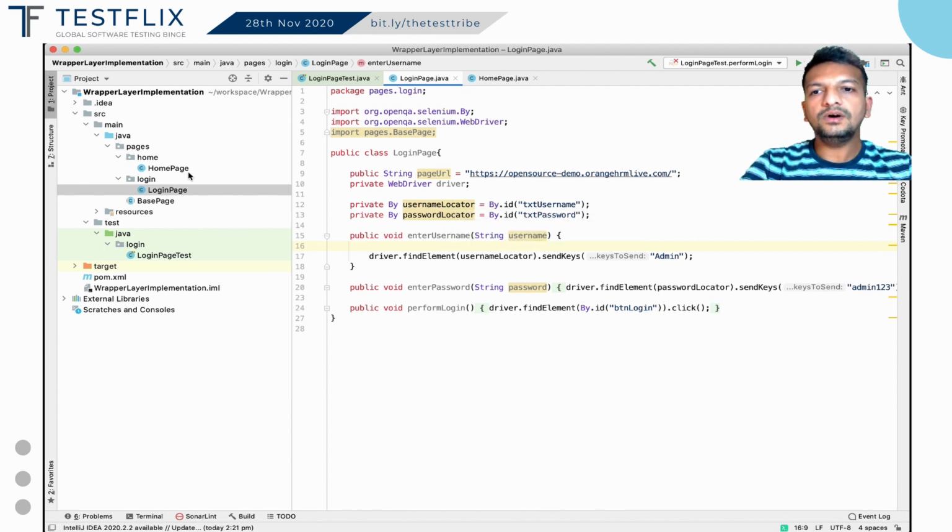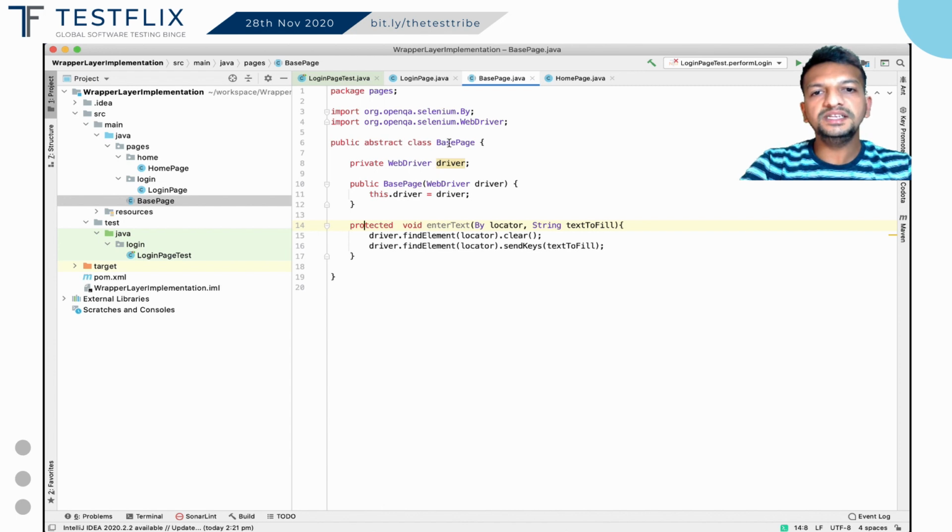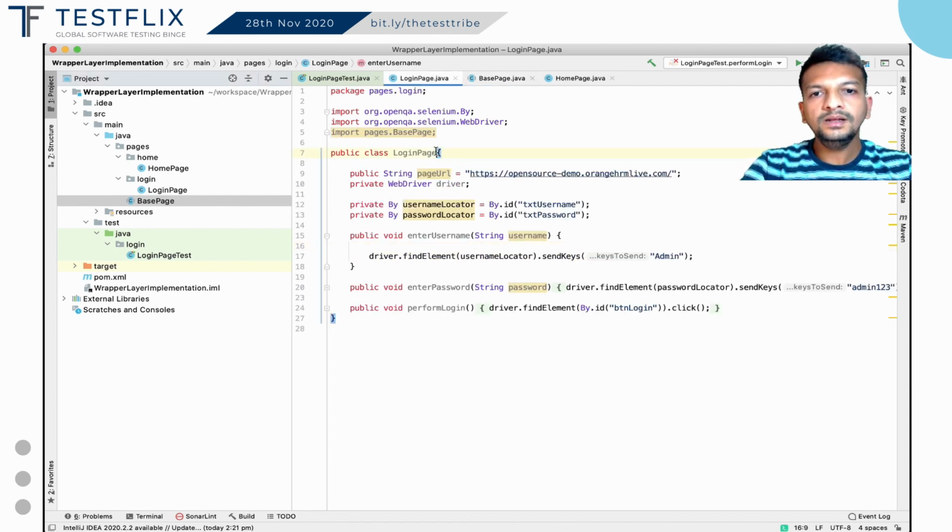To overcome that, what I have done is I have created an abstract base page. The responsibility of the base page is to interact with the web elements and perform operations on the UI, and my other pages can only focus on the functionality rather than interacting with the web page. I can create a method in my base page called enterText, which takes two parameters: the locator on which you want to perform some action and the text that you want to send. I can add n number of driver related operations over here, and I can use this method in my page classes. So how can I do that?